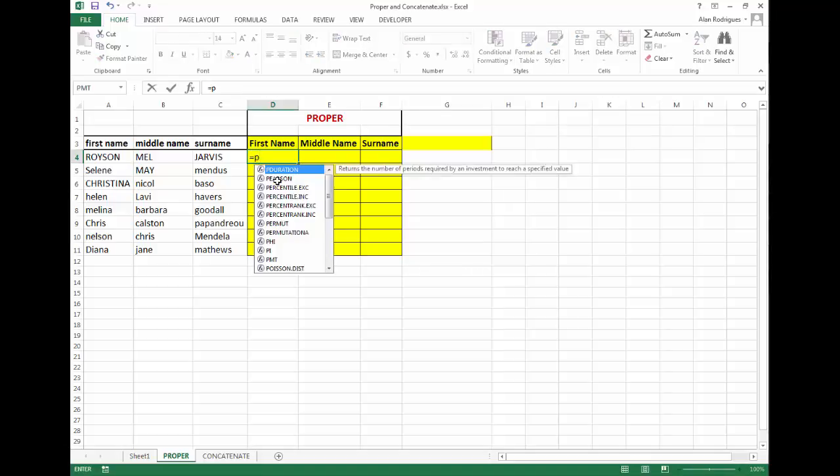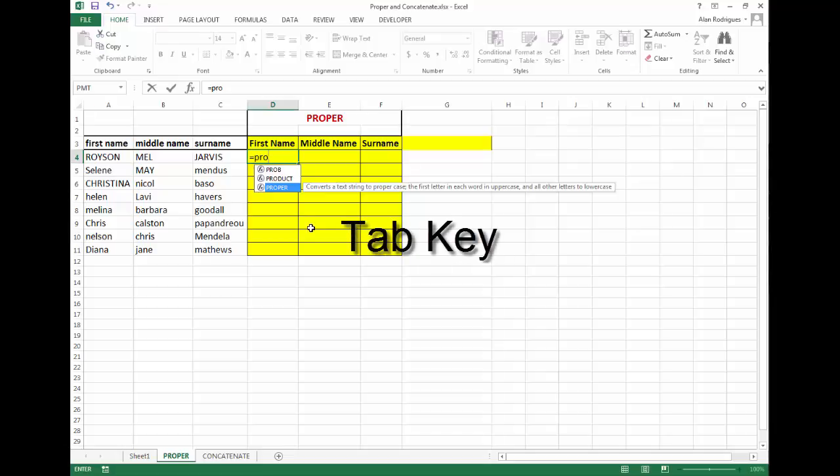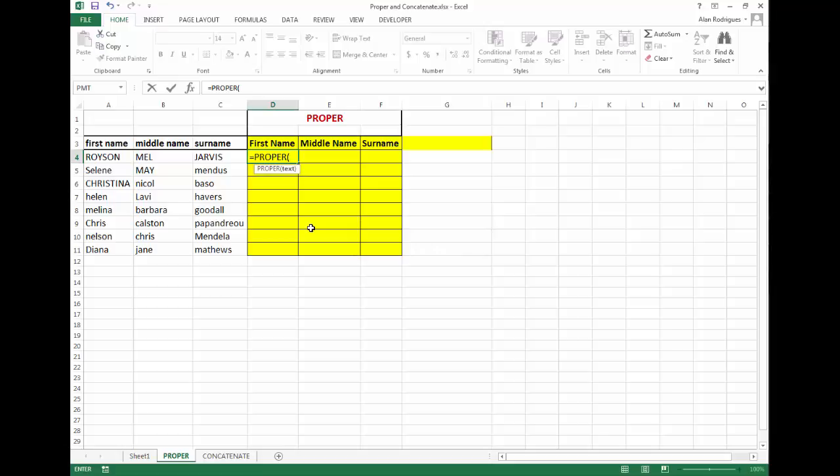We'll type the function name, that is proper. You can see a drop down menu here. Go to this proper, which is our function, and simply press the Tab key on your keyboard. Here you go. The function name appears along with the parentheses.